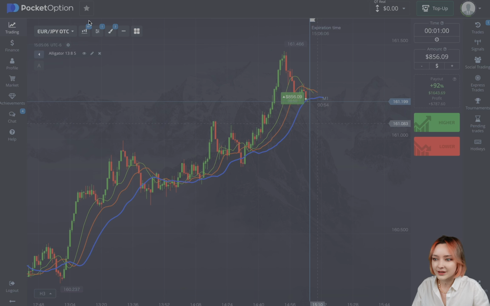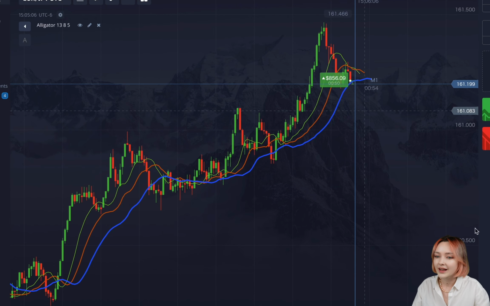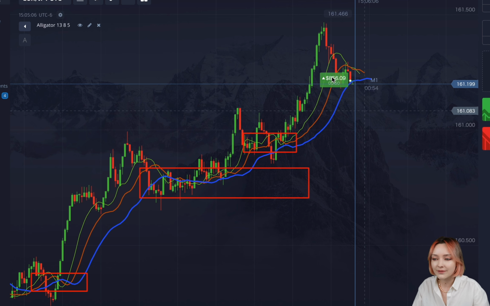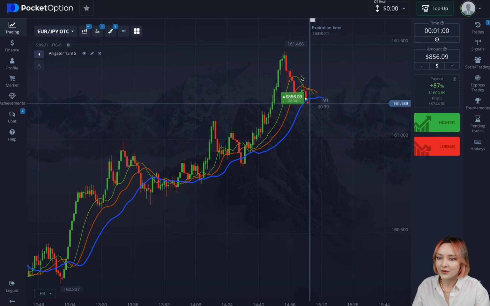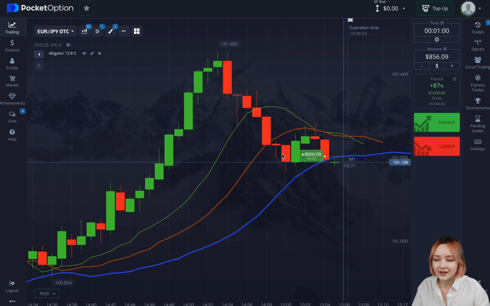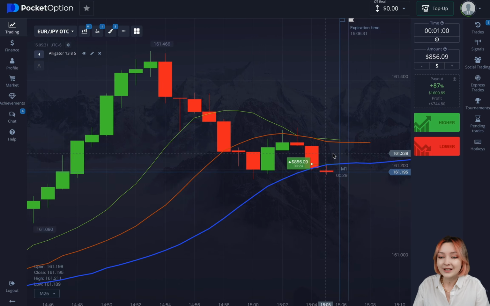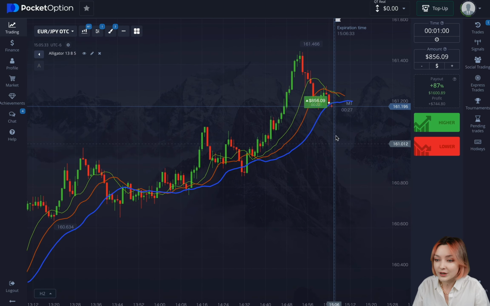Look, there's an obvious rise in motion at a global level, and we can notice the alligator indicator has in fact played the role of support to the chart multiple times throughout the history. Although the price did seldomly fall below the indicator, so far we've only witnessed the first touch. We might as well just not consider it as one, to be honest, as the chart didn't actually manage to reach the blue line. But now we can expect some kind of a corrective retracement upwards from this blue line,